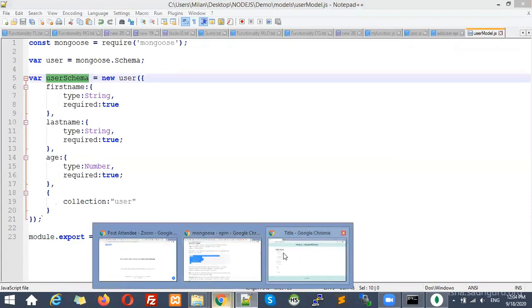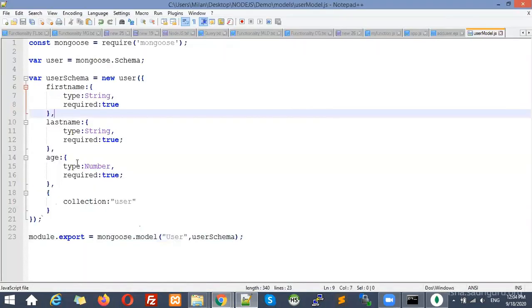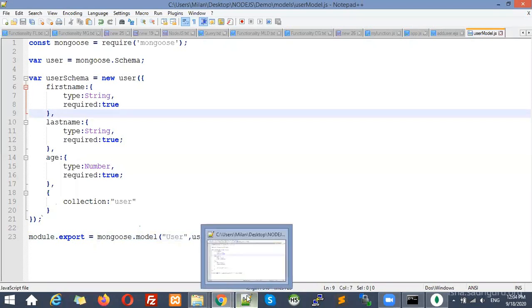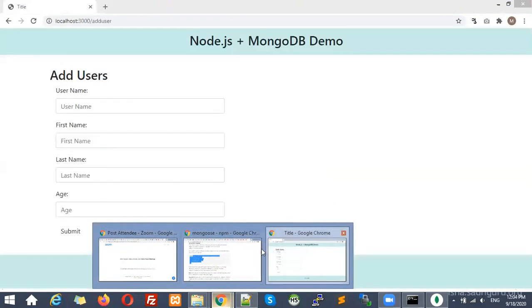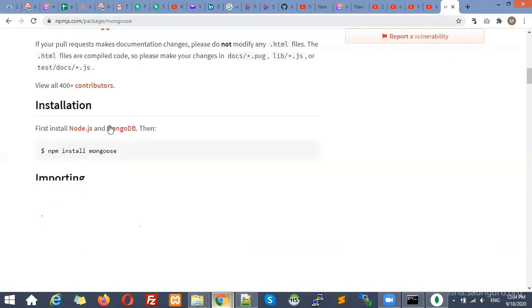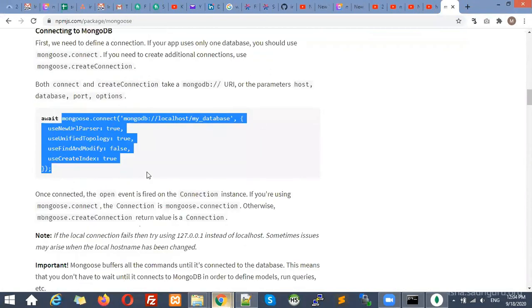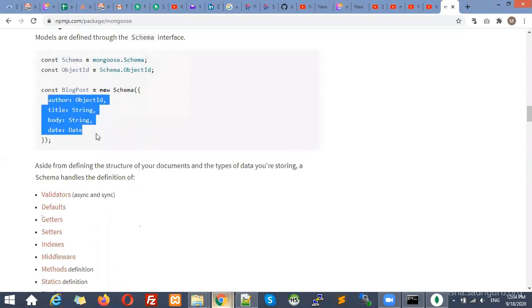If you are not comfortable with all this syntax, because I know that I have written many of the syntax, and if you are new in Node, it will be a heavy dose for you, but you can get some help from this library. Here in Mongoose, we already opened this npmjs, and here you can see the schema. See, mongoose.schema. We have created its variable. Then here you can see we have created its object. Then we have mentioned parameters. The same thing that we have done.